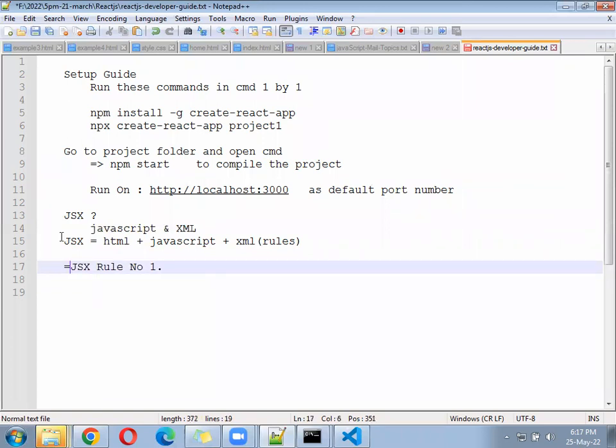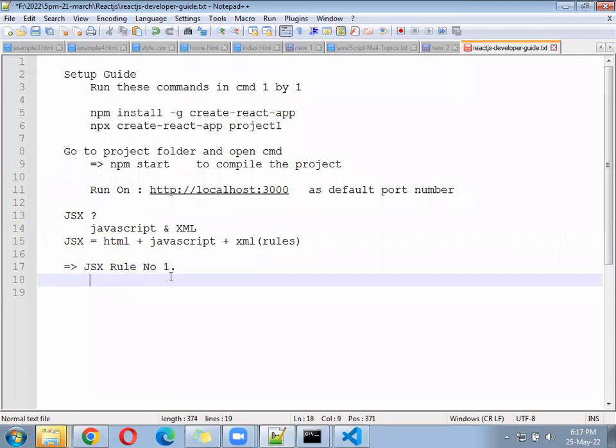You can write here: if in a component... A component here means a function, a JavaScript function. Here a component is pointing to a JavaScript function in your React.